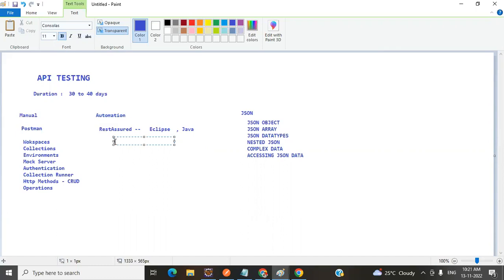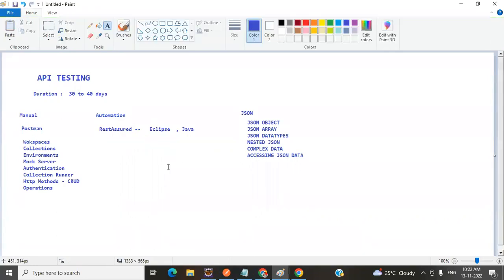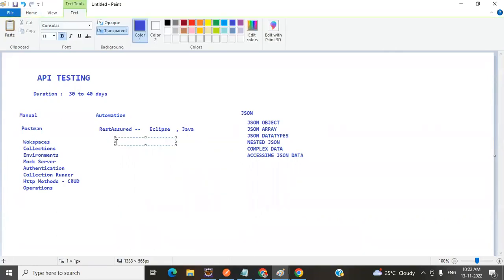Okay, so here, before jumping into Rest Assured, I hope you all have basic knowledge of Java. Because before jumping into the automation part, we will be making use of the Rest Assured library, and we are using the Eclipse IDE and taking Java language help to write the scripts. Okay, so here, first what we will be doing,